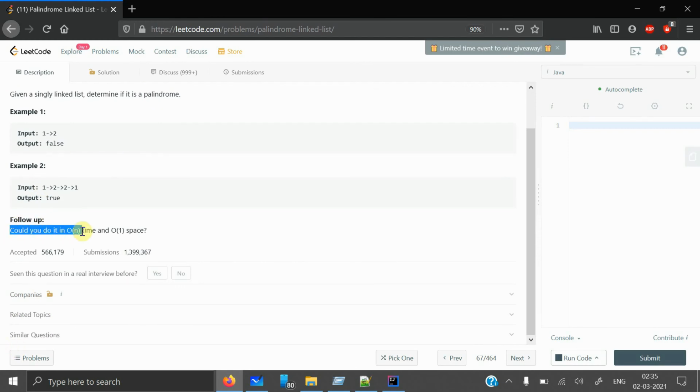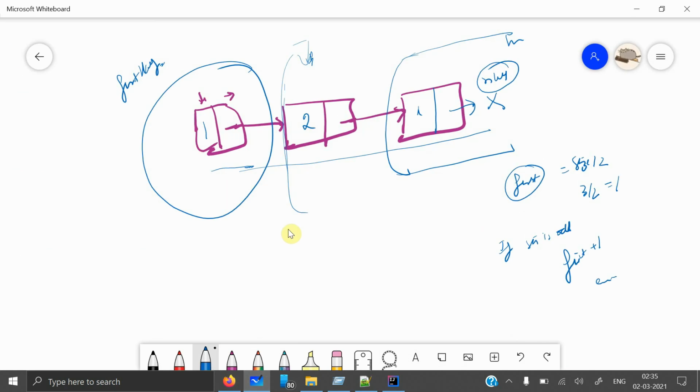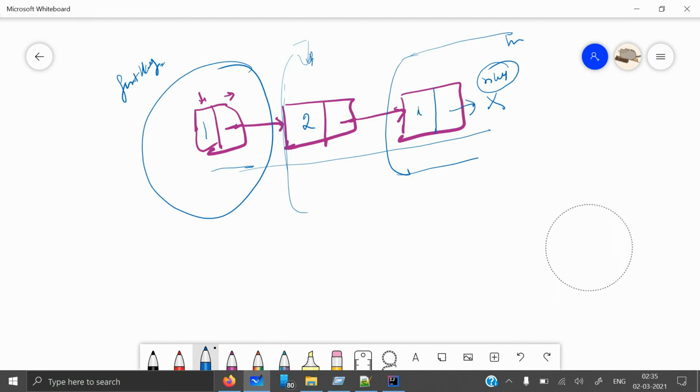Can you do it in O(n) time and O(n) space? Before jumping to that advanced level, let's talk about the normal level, how we can do it. In the normal level, now we have knowledge about checking our first and second half. So this becomes my second half in the odd case. What I will do is I will reverse my linked list,